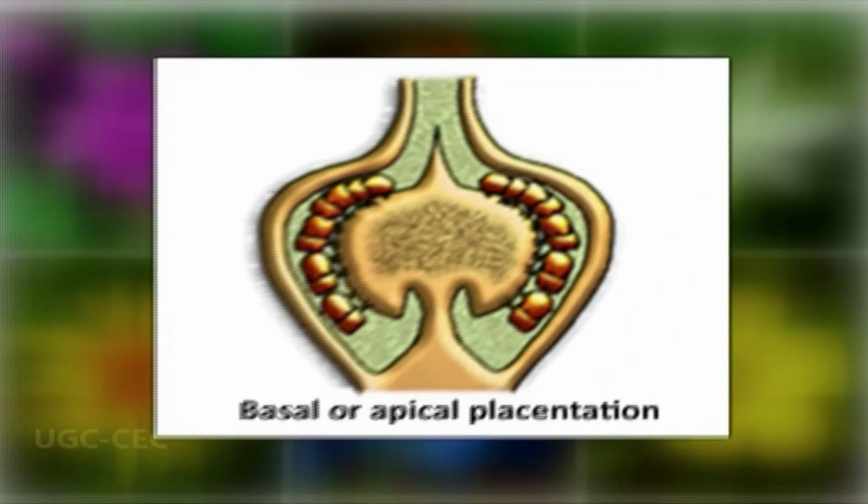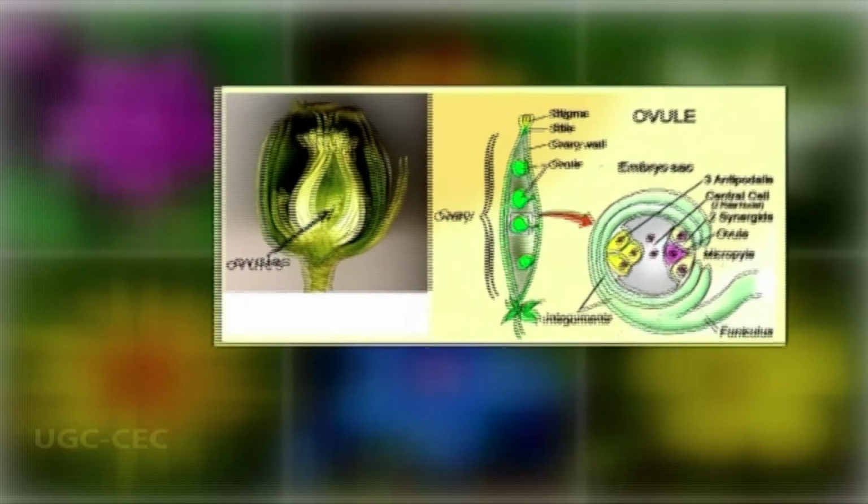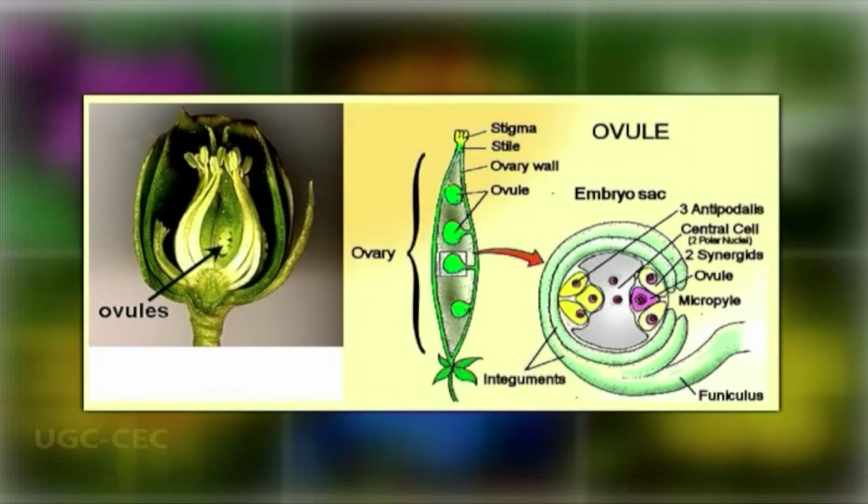In some cases, a single ovule is attached to the bottom or top of the locule called basal or apical placentation respectively. Now, we come to ovule. The ovule is a complex structure born inside ovaries of angiosperms. It initially consists of a stalked integumented megasporangium. Typically, one cell in the megasporangium undergoes meiosis, resulting in 1 to 4 megaspores. These develop into reduced megagametophytes called embryo sacs within the ovules.